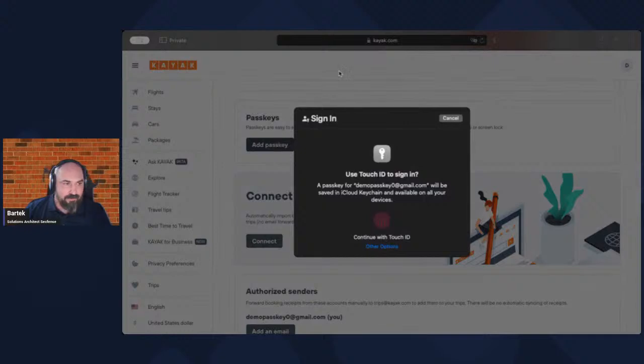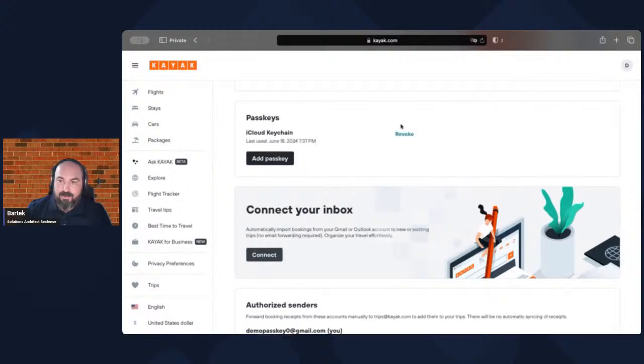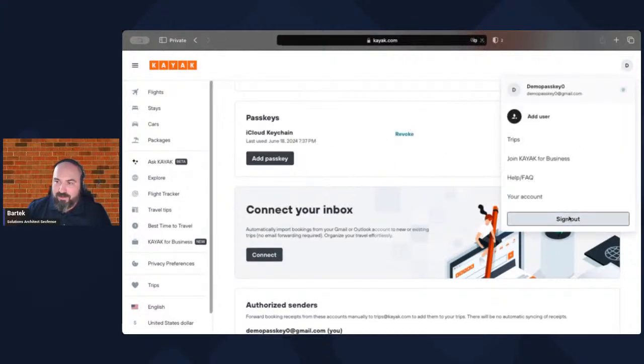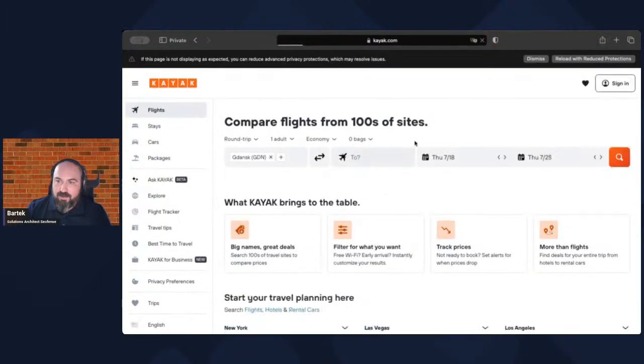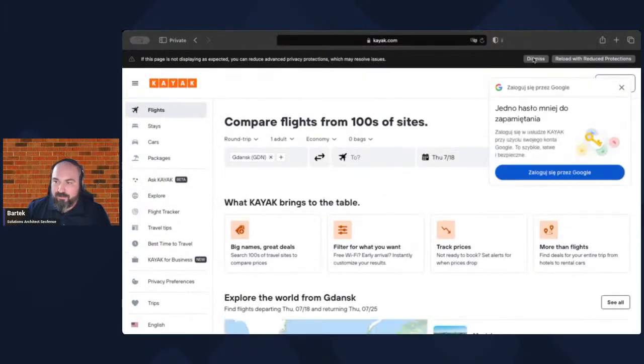Add a passkey. I will probably use this one for the future because you can see what's happening when I'm opening my authenticator. So Safari, it will be. Touch my fingerprint scanner. And hello there, I have a passkey. Now signing out, refresh the website,